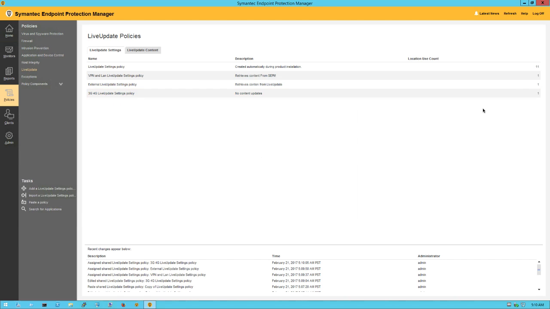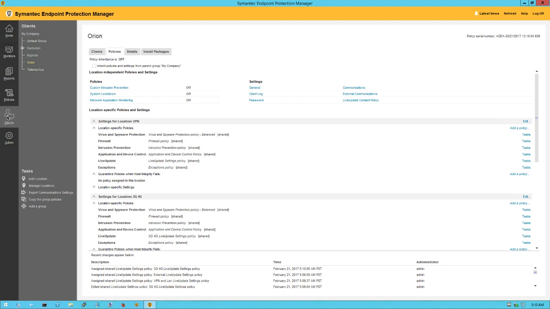Okay, so once they're assigned, you can see that you have a count of 1. So it means that each policy is assigned to one specific location. So I'm going back to the client view, and now I see that if I'm refreshing,